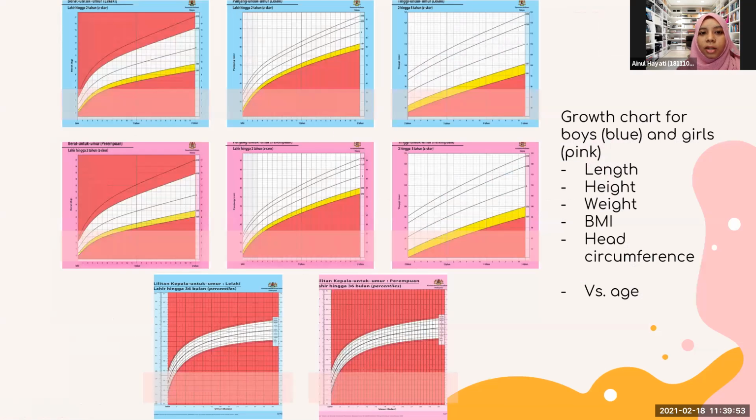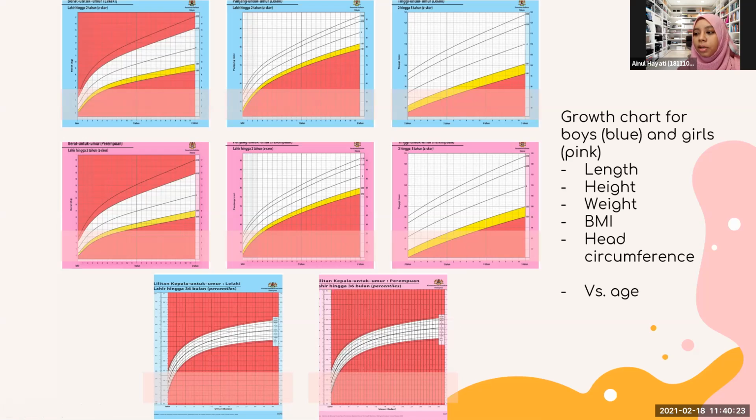Okay, so these are the growth charts. The boys' are the blue ones, and the girls' are the pink ones. This is berat untuk umur, or weight for age. This is for the length. This is for the height. This is similar, but for girls. These are for the head circumference until 36 months or 3 years old. And there is also one for the BMI